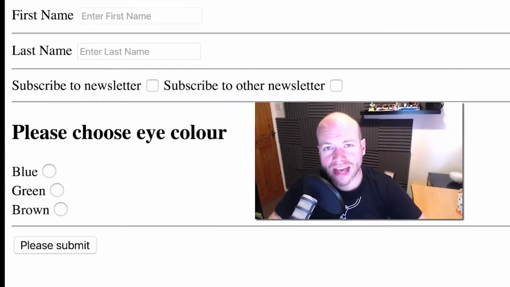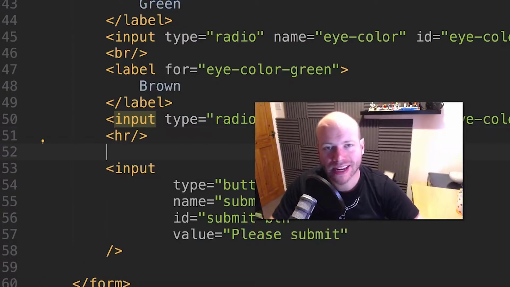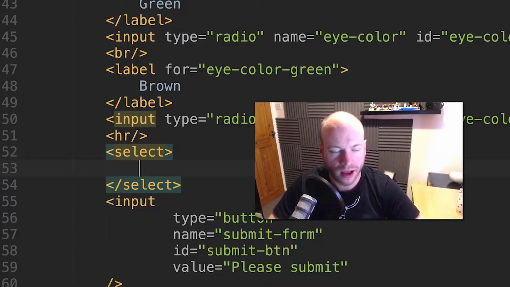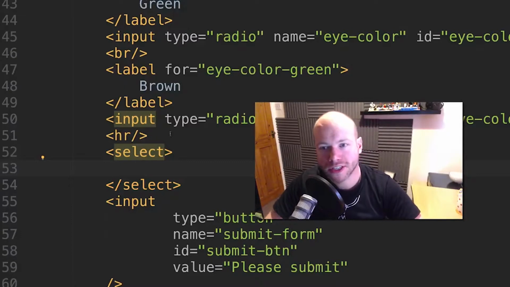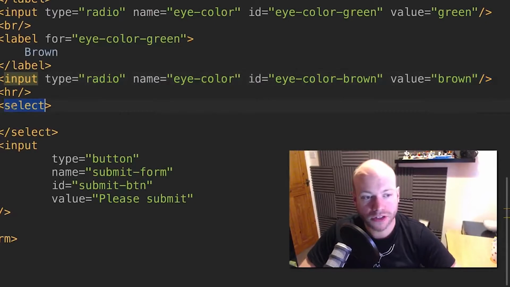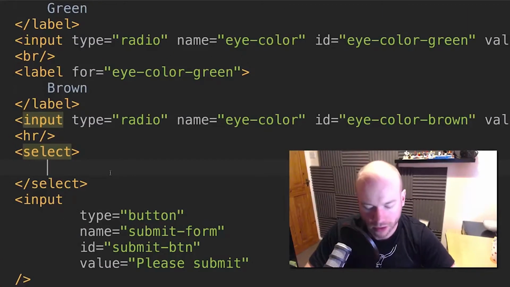Okay, so let's go and have a look at how we construct the select element. So the first thing we need to do is actually create the select element, and because it's not an input, it actually has its own element node itself. So it's select, and we're going to just put in an end tag here. Now notice that the inputs here were self-closing, whereas with select inputs, they're not. The reason they're not self-closing is because we can actually supply the options within the select tag itself. So option itself is an element. So we do option,